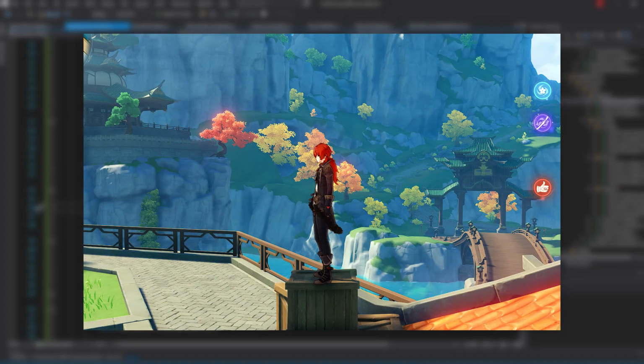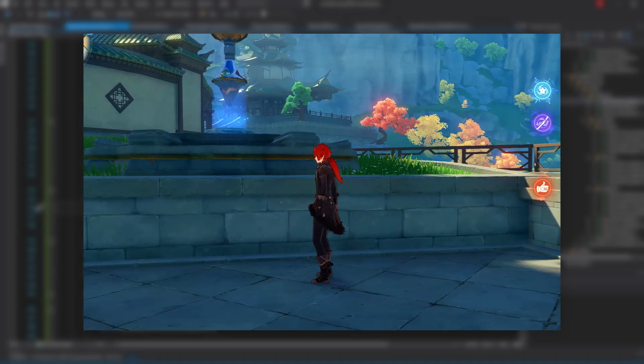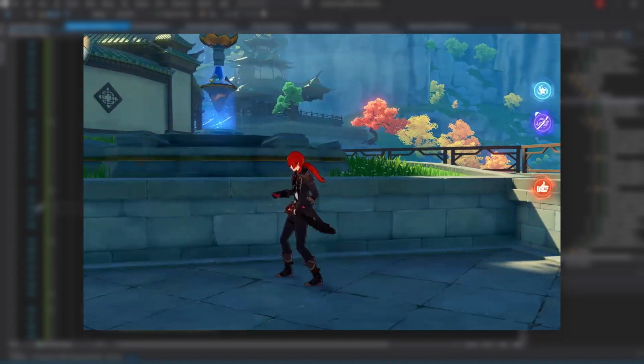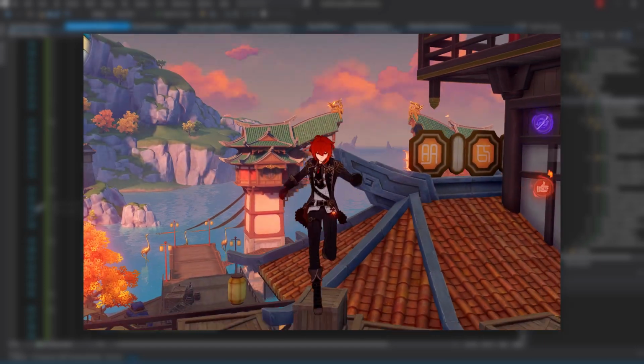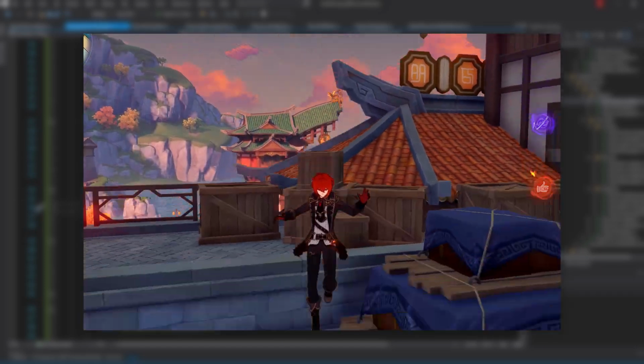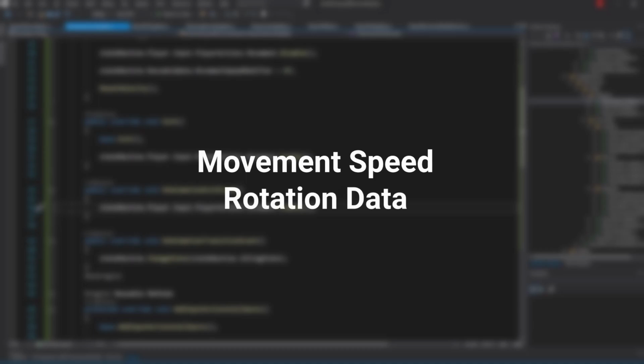In Genshin, if we fall from a high enough height and land, if there is any movement input key being pressed, we'll roll instead of hard landing. In this rolling state, we can also move around while rolling. With that in mind, we know we'll need two things: a movement speed and a rotation data. Thankfully, it uses the same rotation as our normal movement, so we don't really need to do anything extra regarding it. We will, however, still need our movement speed modifier, so we'll need to create its data class.